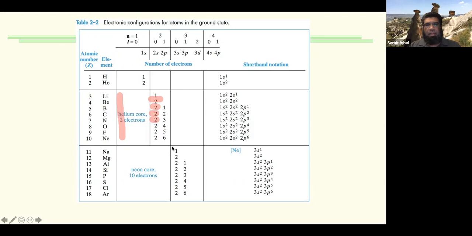And then if you have completed the second orbital as well, and now we are going into an atom with 3 orbitals, then you can just use neon core, this one, which is up to here, all 2 orbitals filled. You can just say this is that model. On top of that, there is the third orbit, and then you fill your third orbit,